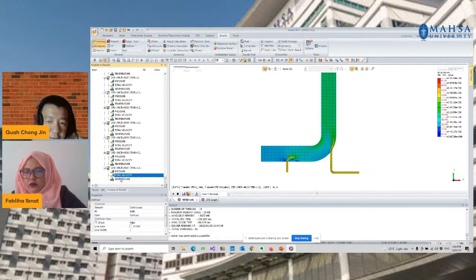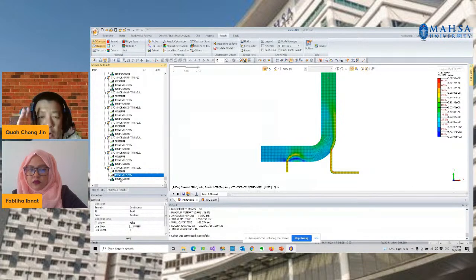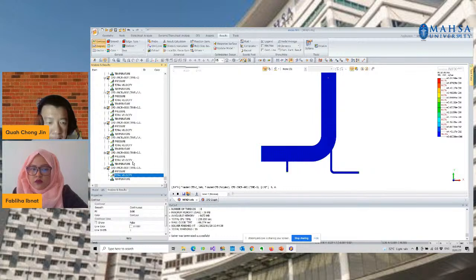It looks similar to steady state analysis, but the difference is that you have to specify your time step and the number of iterations correctly. In steady state, we usually don't deal with a lot of time steps, so it doesn't matter. The solver, or the software, will decide what the appropriate time step is. And you are looking at how the heat or temperature is distributed throughout all regions of the pipe elbow.